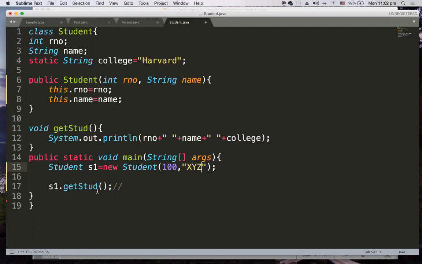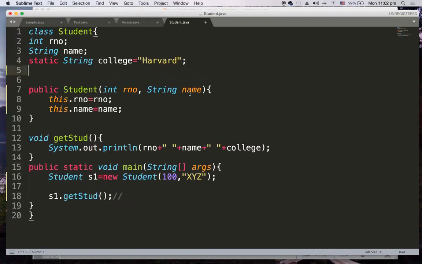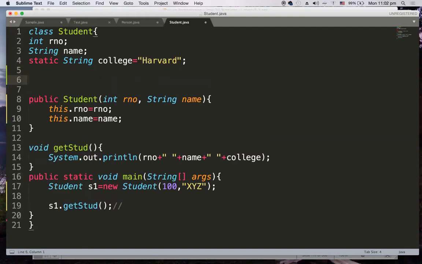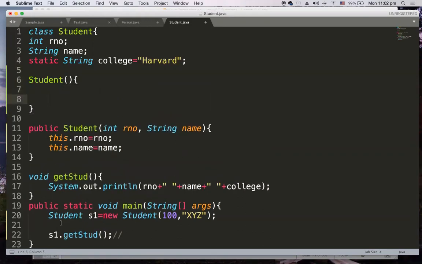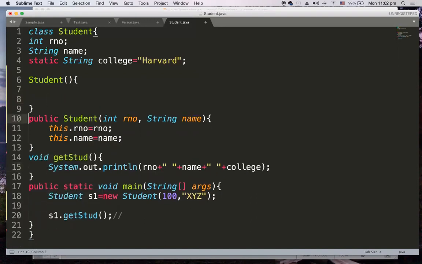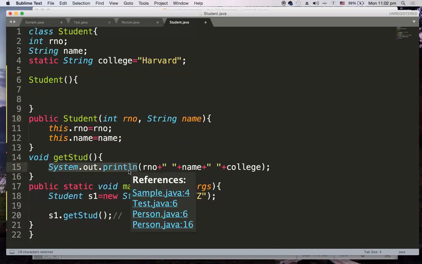The getStudent method was there, and this is fine. Now what can be done is that you can also have another constructor. Now I have a constructor called Student, and in this constructor I have one System.out.println statement that I would like to write.